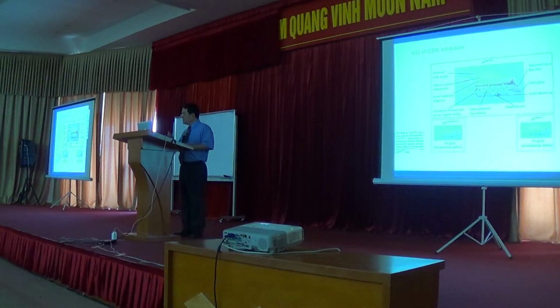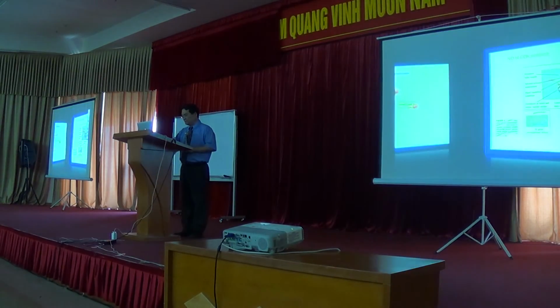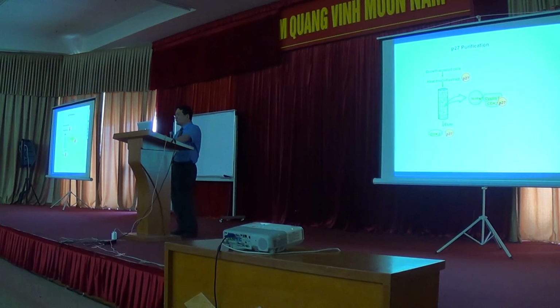And then these are very important aspects because when we want to study cancer, sometimes we pay attention to about these important defects in cancer. I want to sort of look into the biochemistry part about P27. P27 was identified in 1994. Okay? So you could imagine that at that time we didn't know much about CDK inhibitors. And I was very fortunate to be able to participate in this identification of this particular gene.